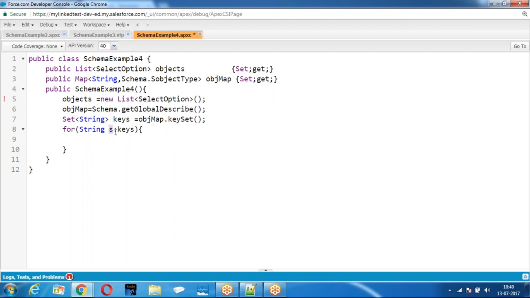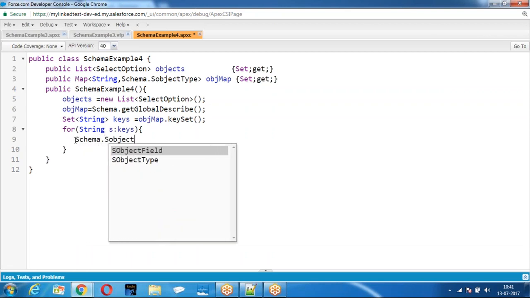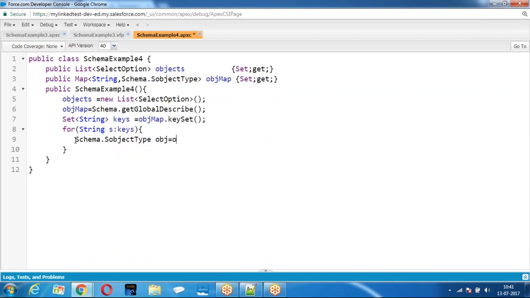So when you say key, what is this? s is an account, s is a contact, s is an opportunity, s is a customer. It is what? s is an object name. Now in the map, if I give key s, it is nothing but account. In the map, if I give account as a key, what are we going to get? Account.SObjectType. If s is a contact, if I give it to the map, Contact.SObjectType. In the map, if I give a key, the corresponding value is fetched. How is it fetched? Schema.SObjectType. Object equals objectMap.get of s.